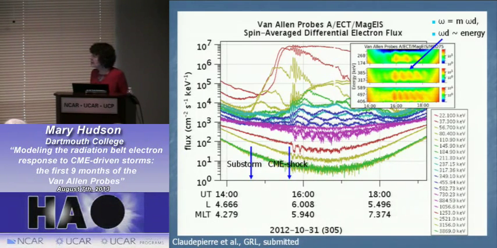And so what you have here is, again, an arrival of a CME shock right here, and that was preceded by a substorm over here. And what's plotted are different energies of electrons as measured by the MagEIS instrument, and this is the color code over here that shows that they are measuring from the 22 keV range all the way up to 3.8 MeV, so you can see they overlap with REPT. And that's really been critical for cross-calibrating the two instruments,